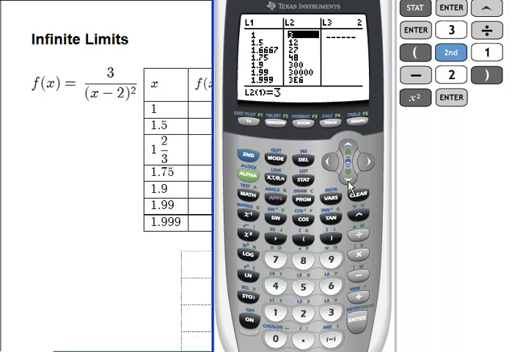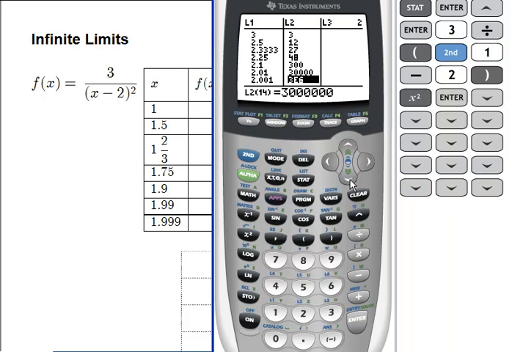So if you look at these x values, when x is 1, y is 3. When x is 1.5, y is 12, and look at what's happening to these y values as these x values get closer and closer to 2 from below. So we get 3, 12, 27, 48, 300, 30,000, and 3 million. If I arrow down,